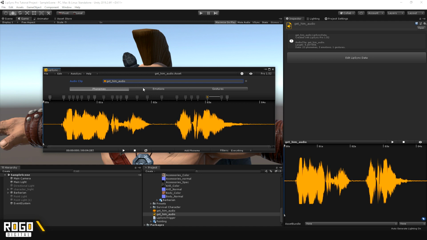If I switch over to the emotions tab, these are emotions which, unlike phonemes, have a duration of time, and gestures, which we've got one of, and I'll go into the details on that in a little bit. If we go back over to the phonemes tab now,